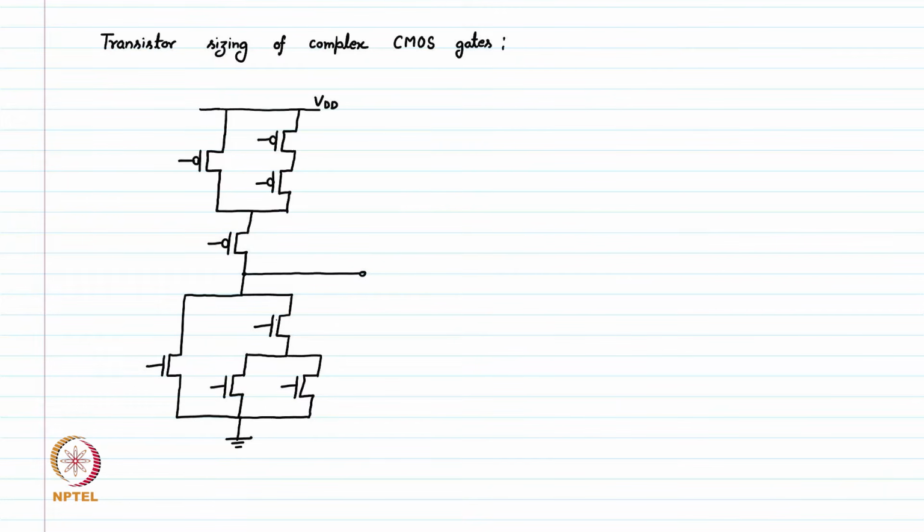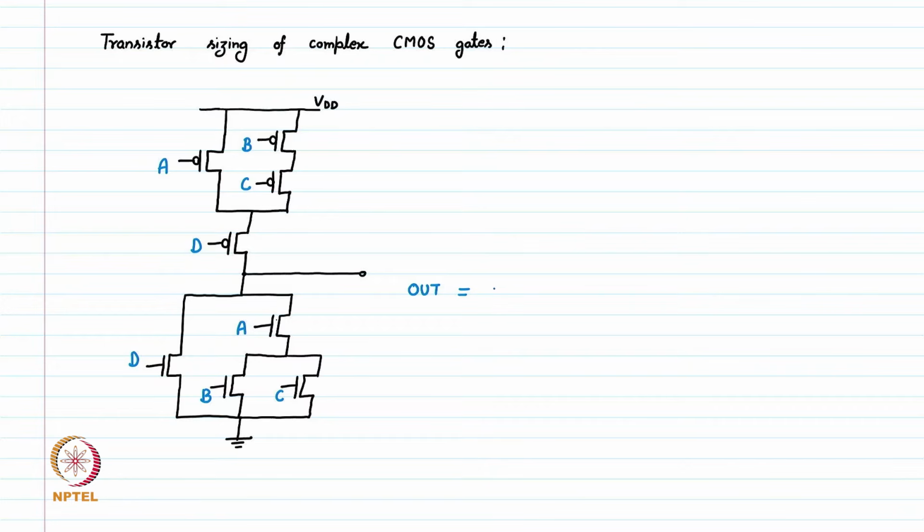This is the pull-down network. So this is actually a 4 input complex CMOS gate. Let's name the inputs: this is input A, B, C and D, and the same inputs go to the pull-down network. This is A, B, this is input C and this is input D. If we calculate the function of this, the output we can write